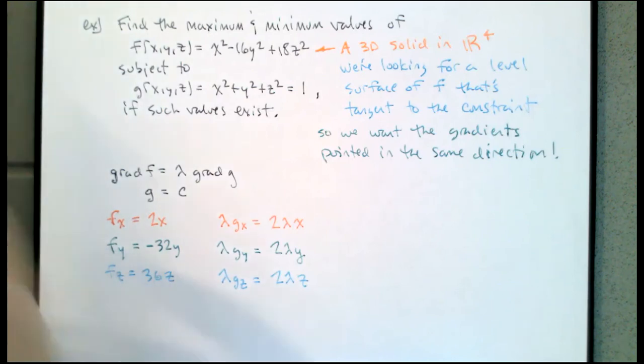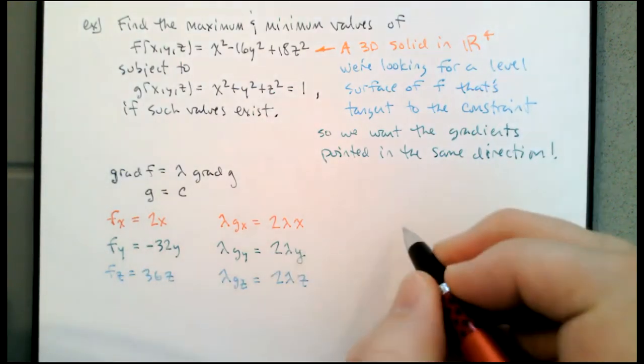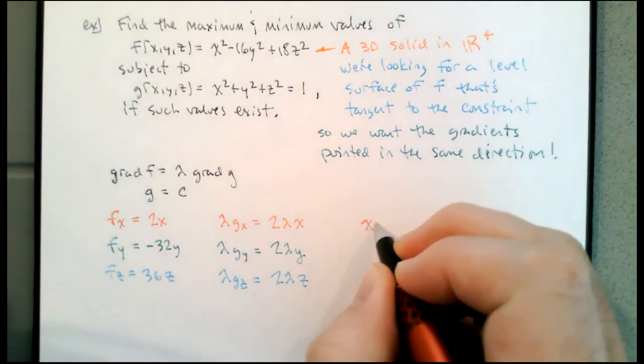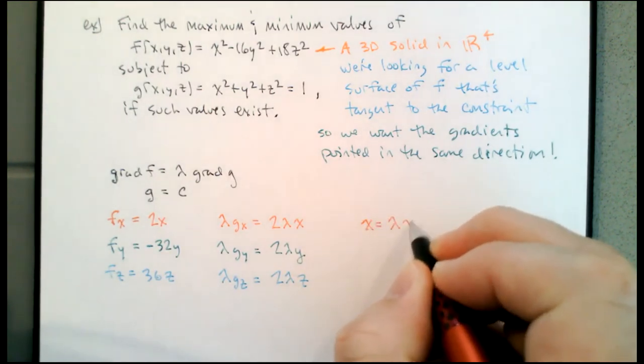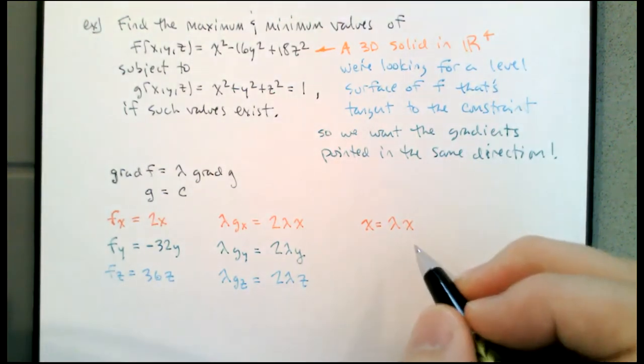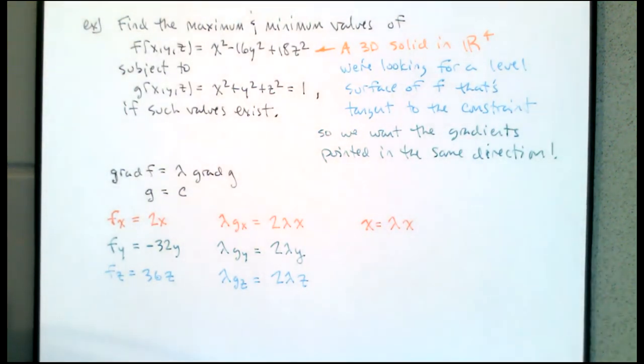So here's our system. I'm going to divide by 2, and we see from the first equation, we get x is equal to lambda times x. Our second equation, I'm just going to divide by 2 again, and we're going to get negative